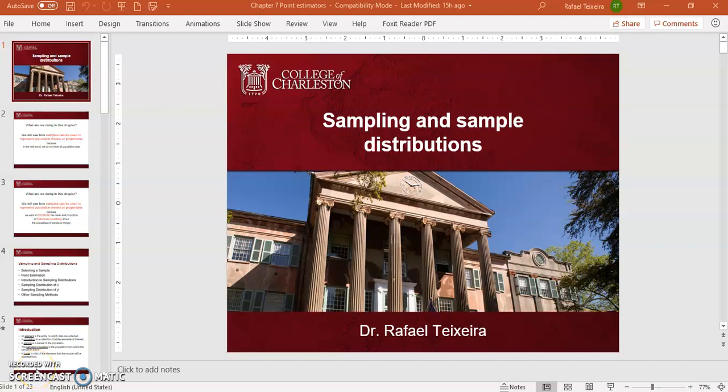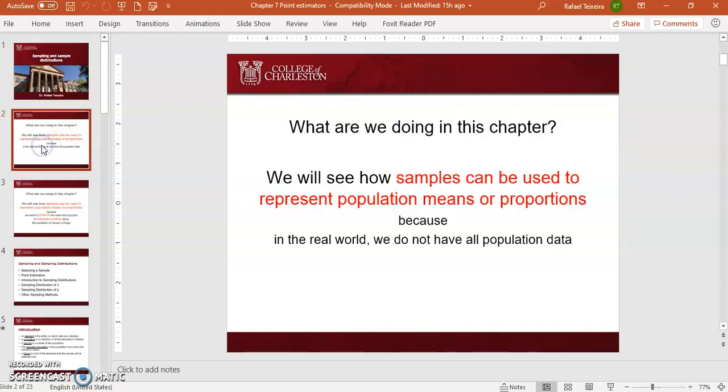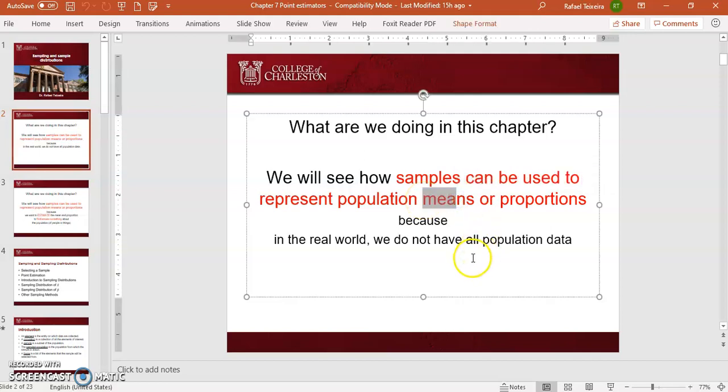Hi, in this video I'm going to make a brief introduction about chapter 7, which talks about sampling and sample distributions. So basically what we're discussing in this chapter is how we can use samples to represent populations. More specifically, we're going to represent population means and proportions because in real life we do not have all